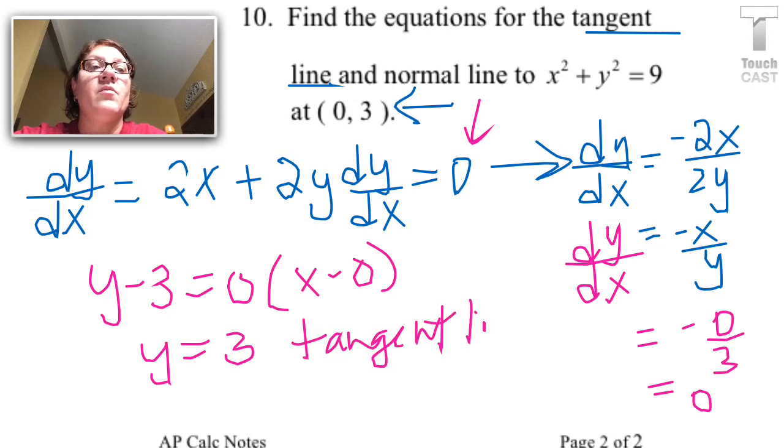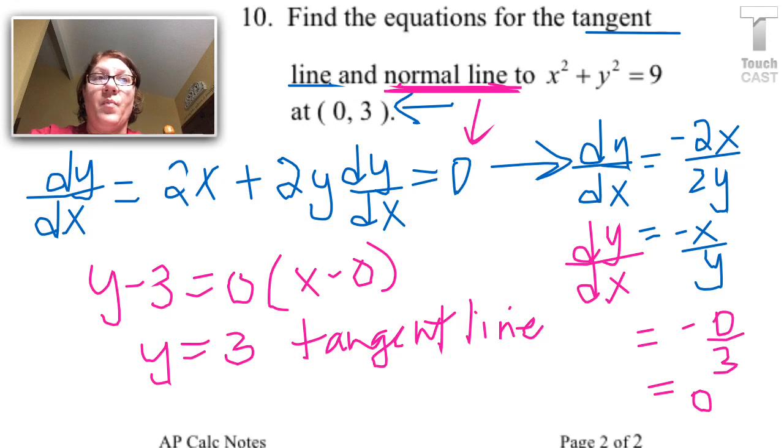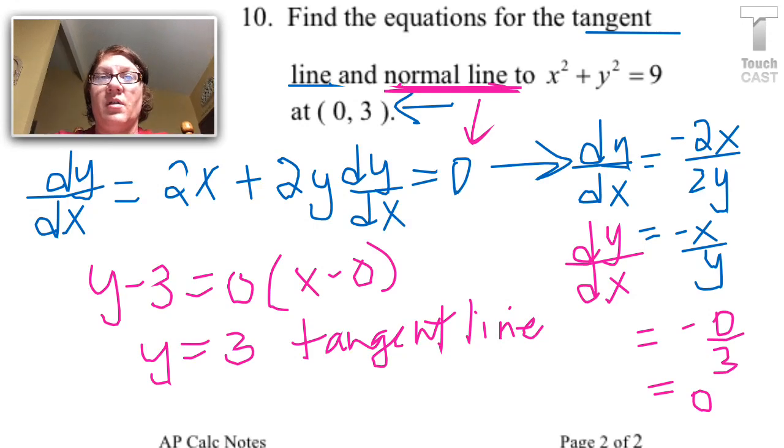Then I'm supposed to do the equation of the normal, and a normal line is a line that's perpendicular to the tangent. That's pretty much all you need to know. You should have learned it in pre-calc, but your teacher might not have taught it to you. So a normal line is perpendicular to a tangent, and we know that if they're perpendicular, their slopes have to be negative reciprocals. So the negative reciprocal would be